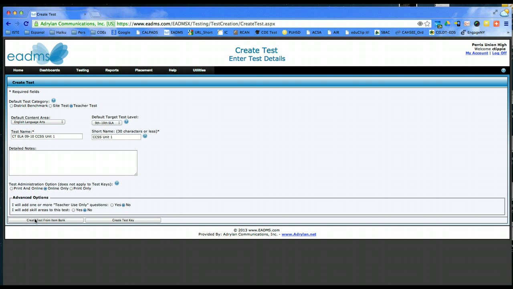We do have the option of inputting keys in EADMS, and then in that situation you would have to print out the paper test, and then the students would just take it online, and that would eliminate all the scanning involved and the printing scan sheets. So for this purpose though, we're just going to click on create test from item bank,